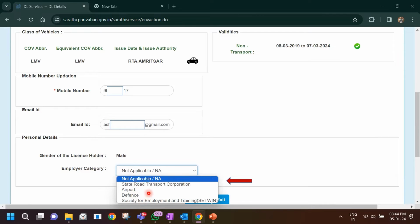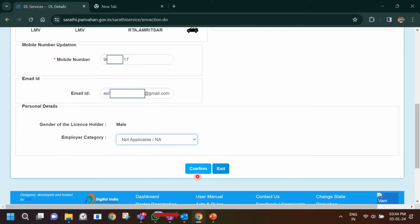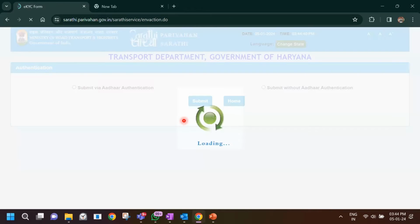If you belong to any of these categories, state, transport, airport, defense, you can fill that. Otherwise, you can fill not applicable. And then once you have filled all of these details, just click on confirm. This page will start loading and it will bring you to